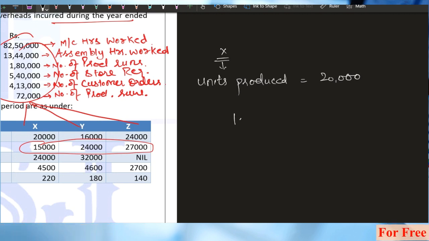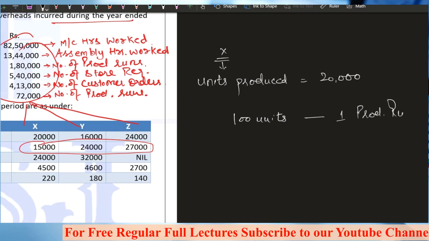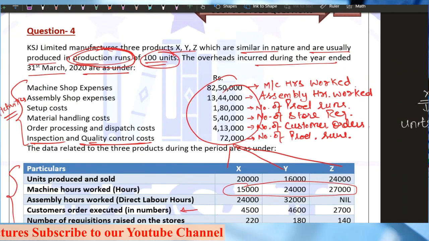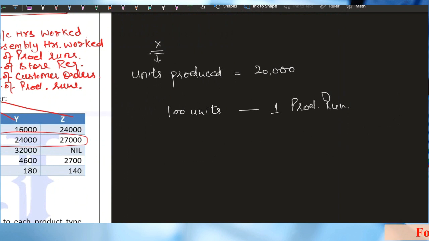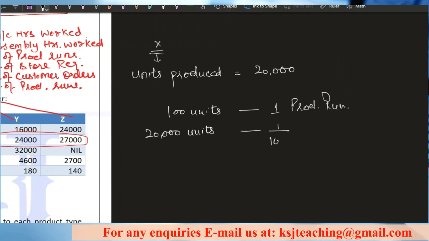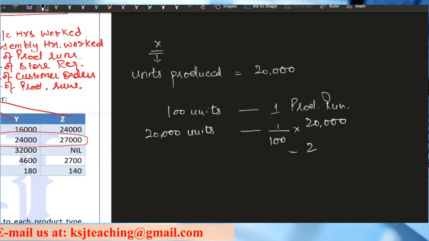Now, can you tell me how many production runs will be there? In one production run, 100 units are produced. Any doubts in this? The first line of the question specifies this. One production run, 100 units are produced, right? So 100 units are manufactured in one production run. So if you have to manufacture 20,000 units, how many production runs will be required? 200,